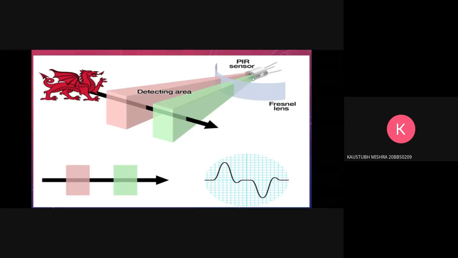This is again a different form of the PIR sensor. Please do remember, there are a whole lot of different forms of the PIR sensor. But even in high temperature areas, what we need to do is measure the difference of the infrared readings. We don't need to measure the exact readings. We just need to measure the difference. So I hope that answers your question. A PIR is a passive infrared sensor, as I said before.